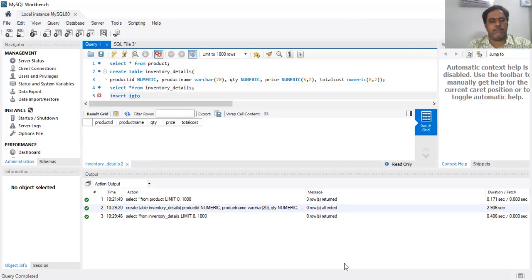When you see the table, we have product ID, product name, quantity, price, and total cost. We can enter product ID, product name, quantity, and price, but total cost has to be calculated based on the quantity and price. So we have to insert only 4 columns out of the 5 columns. Insert into, what is the table name? Insert into inventory details.